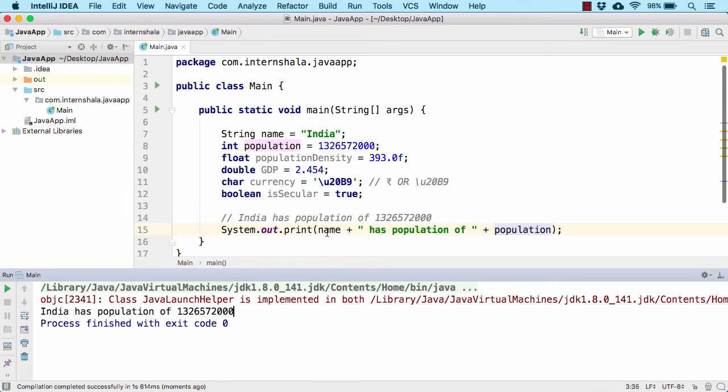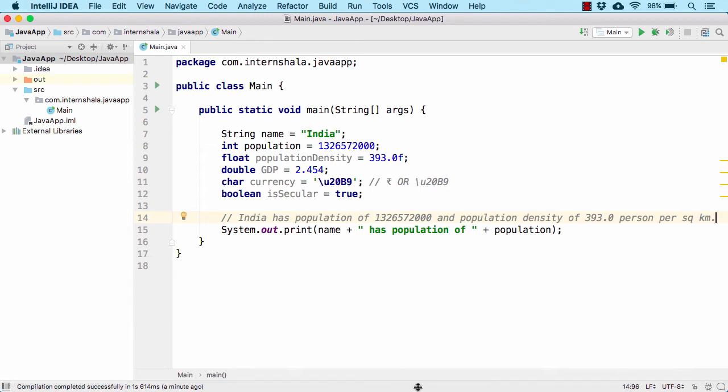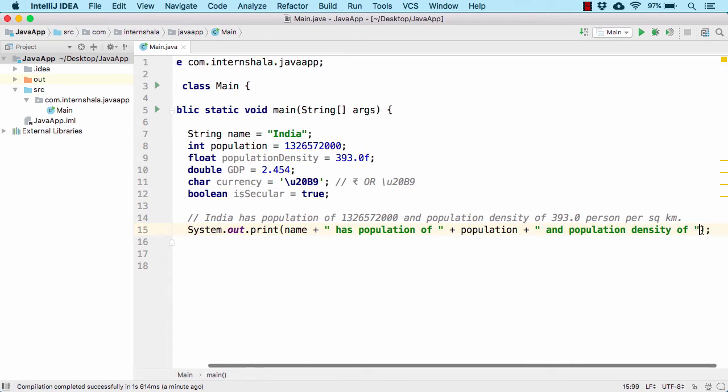So now you can notice how we have simply used the variable name with the help of the plus symbol and then the text or a string and then again the population, which is replaced by its value in the output console here. And now if I append some text here inside the comment and ask you to print this statement as well, and the population density of this much person per square kilometer, for that let us copy the text till here, and then after population let us use plus double quote open and close, and within the double quote let us paste it, and make sure before and give it a space, and after of let us use